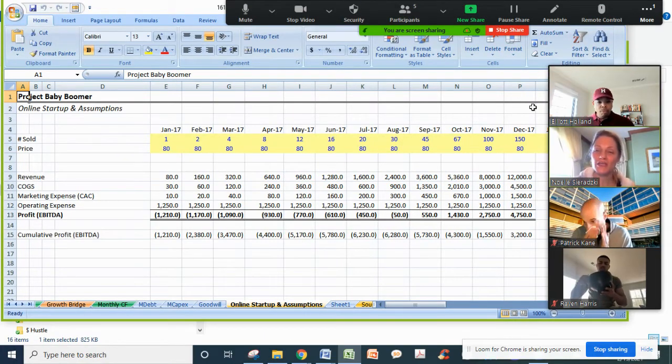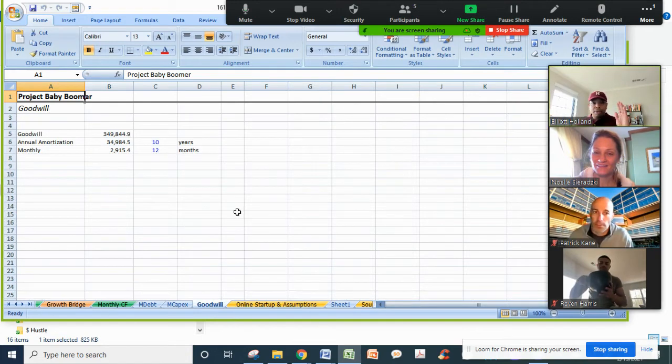Goodwill number change? It should. So you should start with 100 and say you amortize 10 in a month, then there should be 90. It's just like